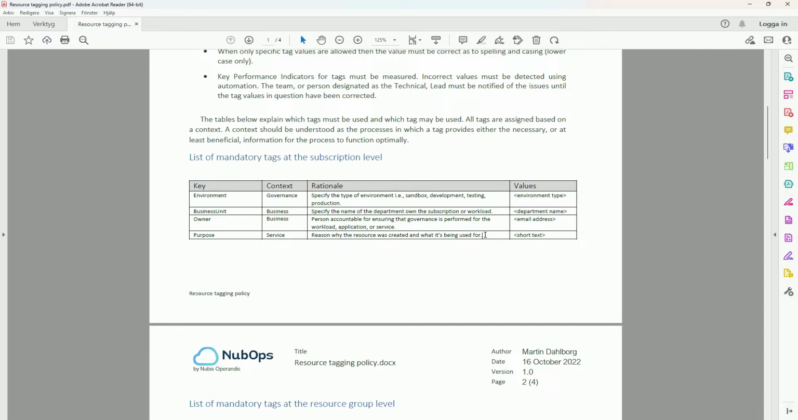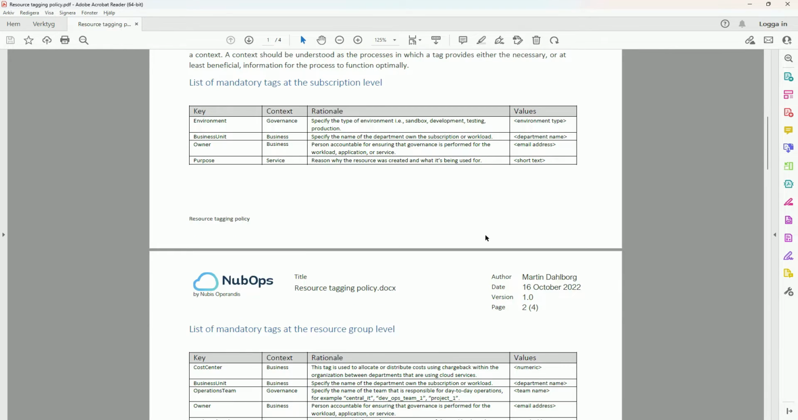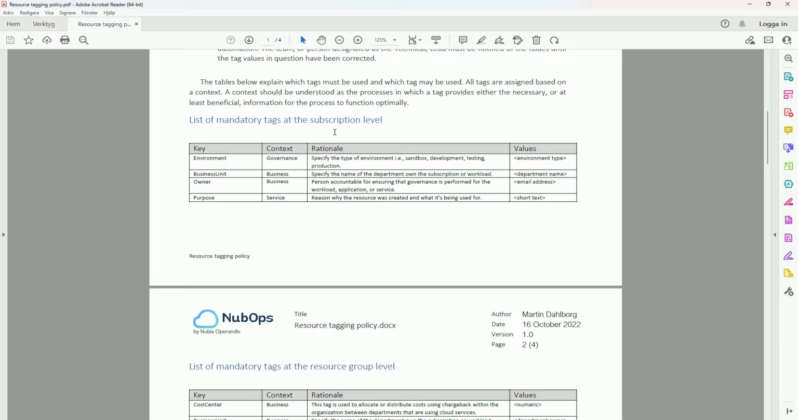So this could help them by explaining the business case of this subscription. Then, if you assign the tags at the subscription level, that means they apply to all the resource groups and all the resources within that subscription. Pretty much. Some exceptions might be there, of course, but still these should apply to all resource groups